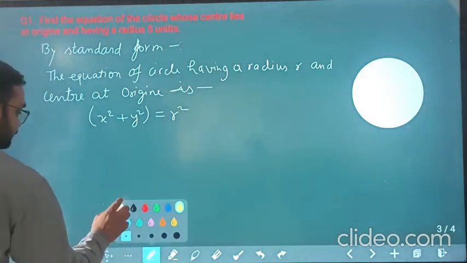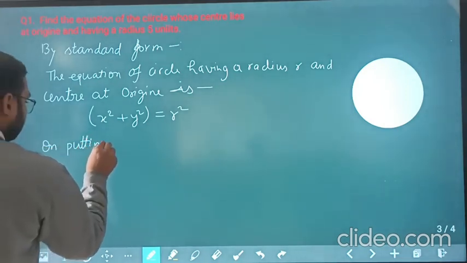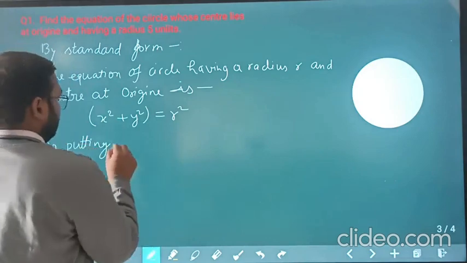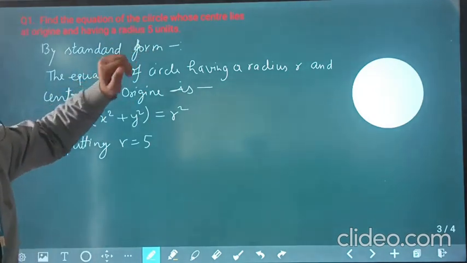On putting r is equal to 5, that is the radius given in the question,